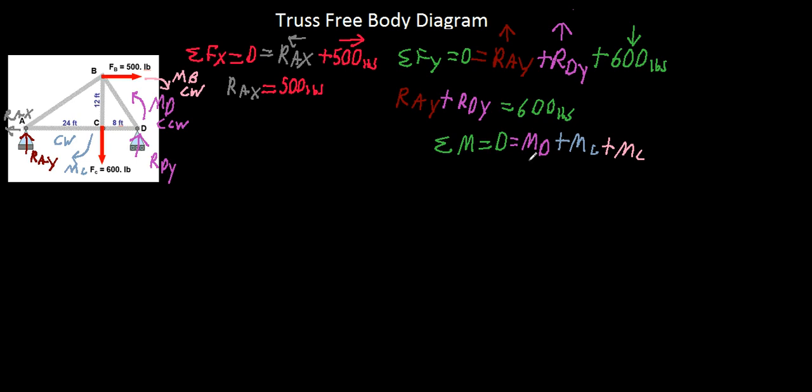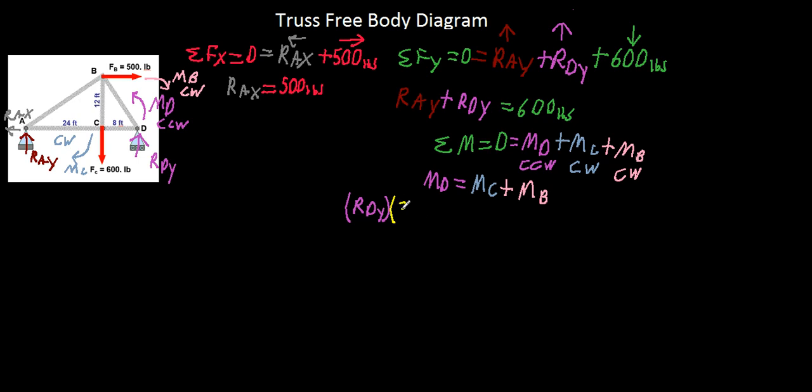And since we know which ones are counterclockwise and which ones are clockwise, we can assume our counterclockwise moments will cancel out and therefore equal each other. And I'm sorry, this isn't moment C, this is moment B. And that means that this one down here is also moment B. But then we can rewrite these to say, well, moment D is force times distance. We don't know what the force is for moment D. It's Rudy. But we do know the distance the force multiplies by, which is 8 and 24 from the pin,